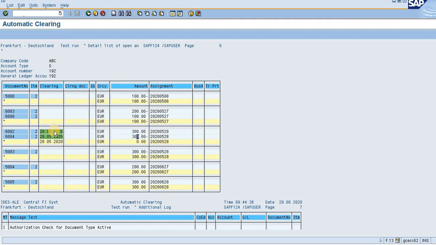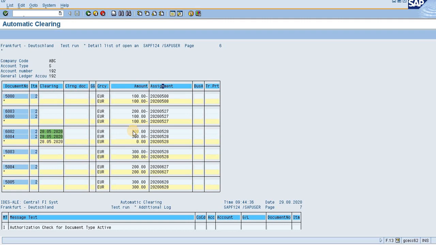Now SAP is giving me the green option based on what? Based on, obviously, the amount, and majorly based on the assignment number. Why will we use the automatic clearing transaction? We can use the individual clearing transactions: F.32 clearing for customer, F.44 clearing for vendors, and there is another clearing transaction, right now I don't remember, that is for GL. So we can use them while clearing the accounts. Then why will we use F.13? Because it is automatic clearing.